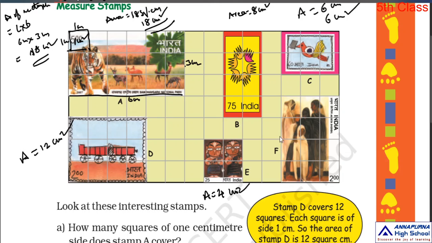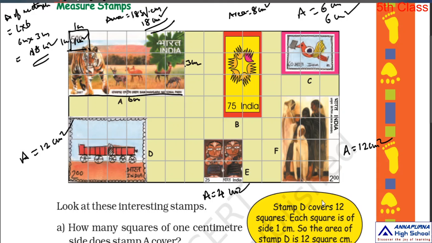Now come to the last one. The stamp F has 1, 2, 3, 4, 5, 6, 7, 8, 9, 10, 11, 12. So its area of F is, how many are there? 12 centimeters square. Therefore, these are the areas of